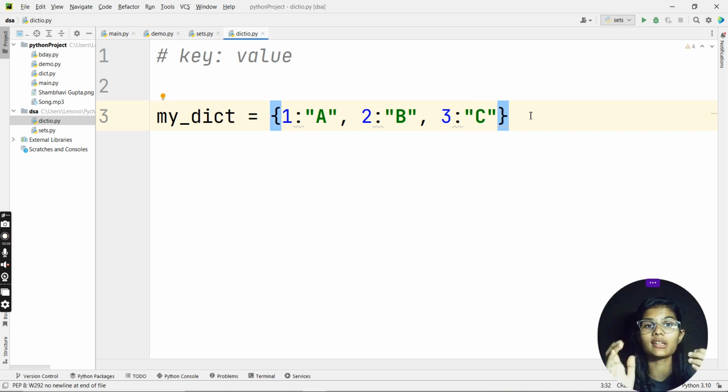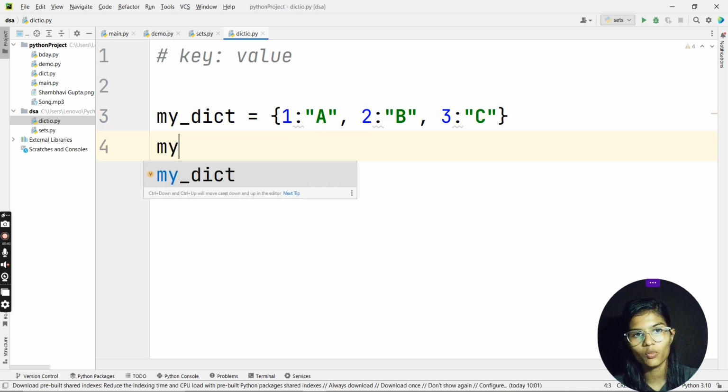Now, dictionaries are always denoted in curly brackets. Now you will say that sets are also defined in curly brackets. So yes, sets are also defined in curly brackets. Sets are when you have single numbers, single values, and dictionaries are your key and value pairs. So they will not get merged or involved with each other. Both of those will be separately different.